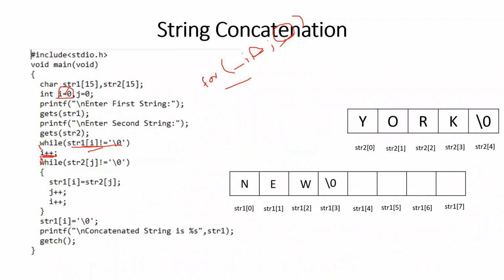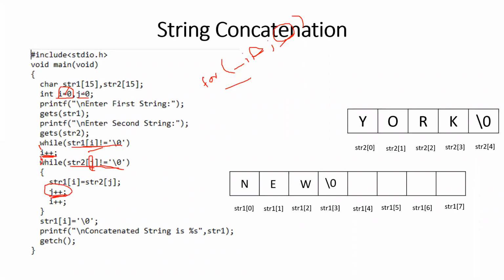So here also, we are using the control variable called j. So you can initialize the control variable j. You mention the condition, that is, until which condition this statement has to be executed: str2 of j, until it is not equal to 0. The j value is the control variable, right? And each time, after the condition is satisfied, we are incrementing the j value.